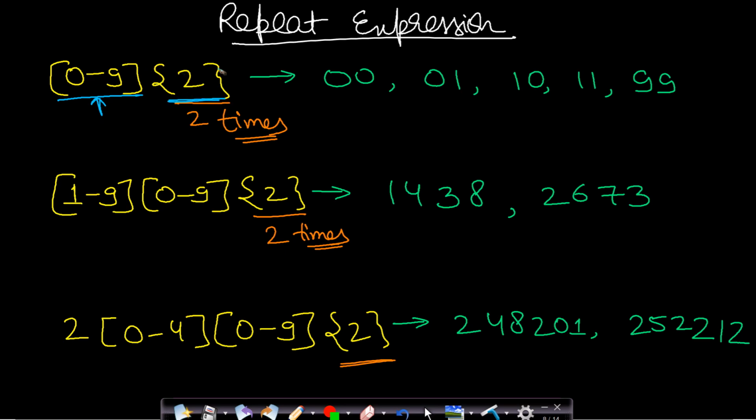Then you will enclose it in curly braces and this will indicate that you can pick any digit one by one in the range of 0 to 9 and you can repeat them 2 times. So let us say you picked 0 the first time and the second time you also picked 0. So you had basically 2 chances to pick the digit from 0 to 9. In the second example, first you picked 0, second time you picked 1.